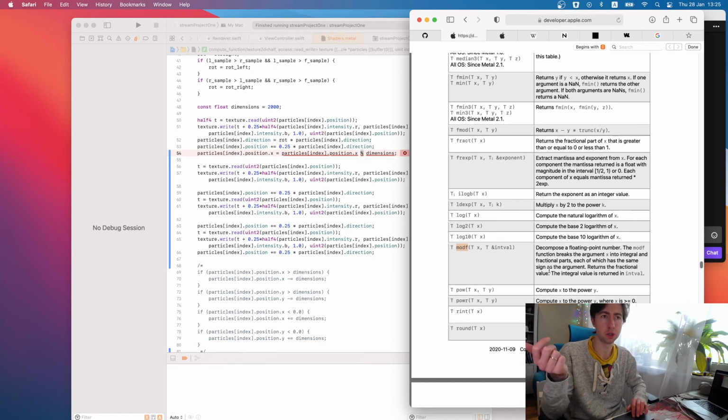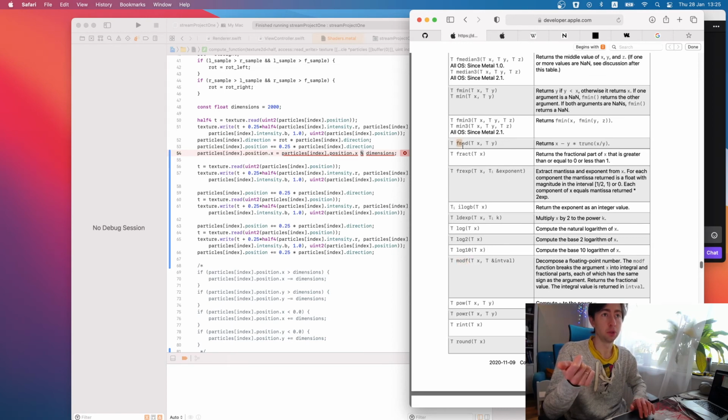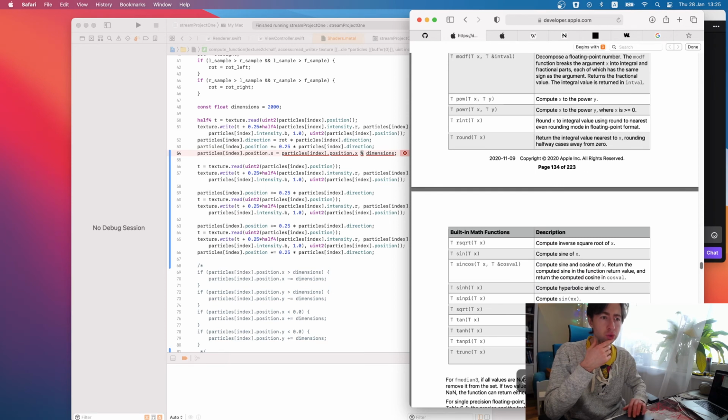The modf function breaks the argument x into integral and fraction. No. fmod returns x minus y times trunc x over y. If this is what we need, what does trunc do? Trunc rounds x to integral value using round to zero rounding mode.